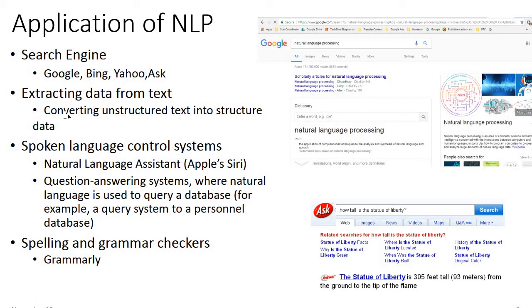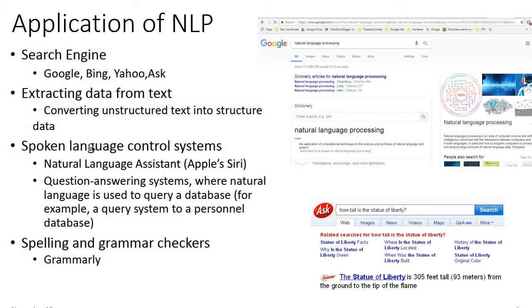So this is the part where NLP is used in text analytics or text mining. Because I told you before, to do mining, text mining or data mining, you have to convert the data into structured form first. So if you want to do text mining, it's the same. Text, yes, it is unstructured. However, the first step is to convert that unstructured text into structured data. So you can use NLP to do that task.